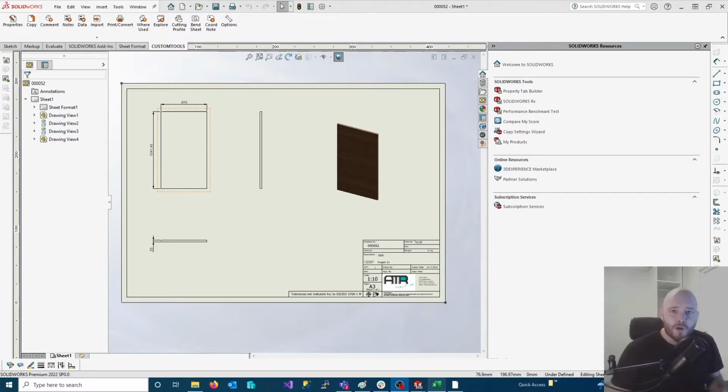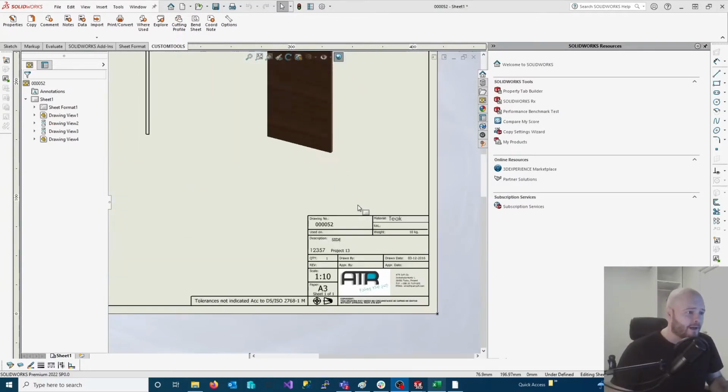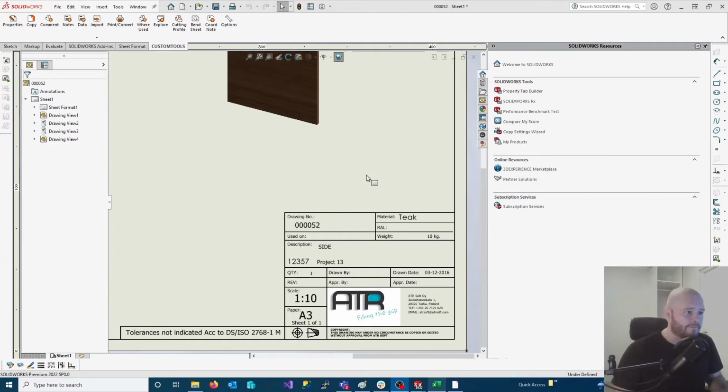Hi, so you have a bunch of drawings that have annotations and you would like to update those annotations based on an Excel file. So let's see what I have here. I have a drawing here, and if I take a look at the sheet format,